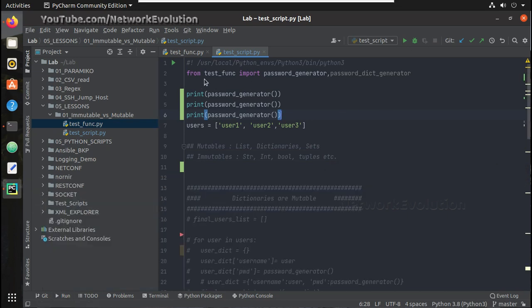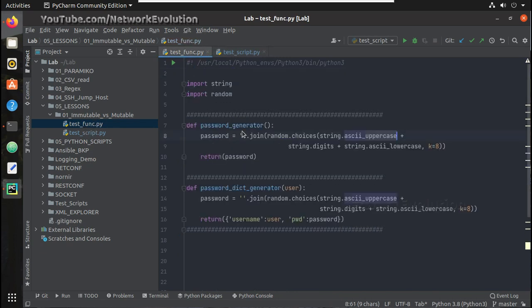I'm importing it from the test function. Here the test function is also in the same folder, and this is a script that generates a password. Here I'm using the random library, and using random I'm using ASCII uppercase, lowercase and digits.